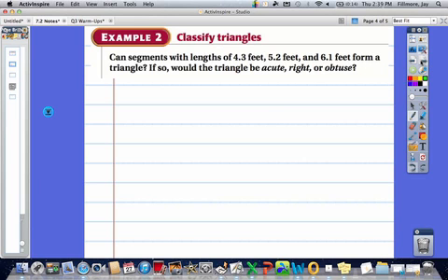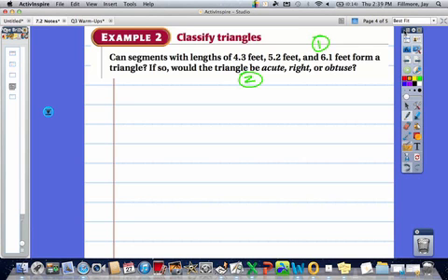Did those? Let's do something slightly different. Can these segments form a triangle? If they can, is it acute, right, or obtuse? Well, for honors, we discussed this topic in Chapter 5. For regular, we did not discuss this since we did not do Chapter 5, so I'll go through this at